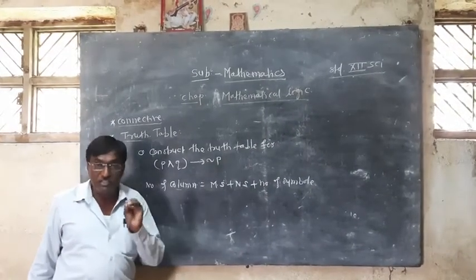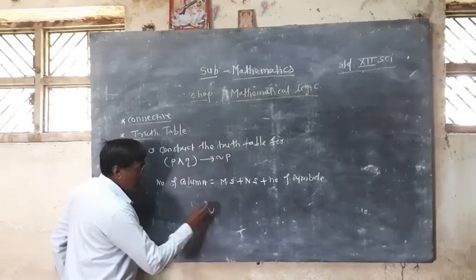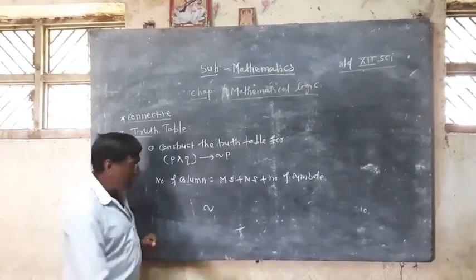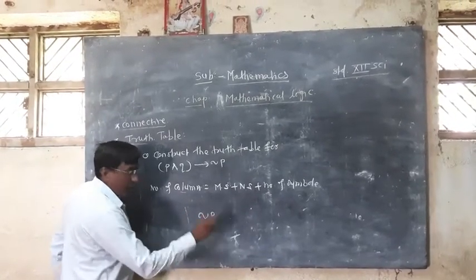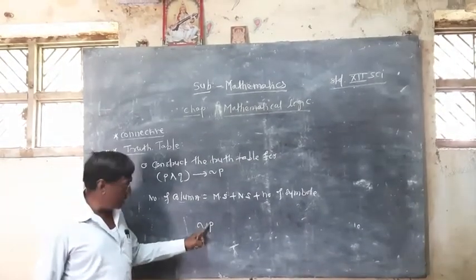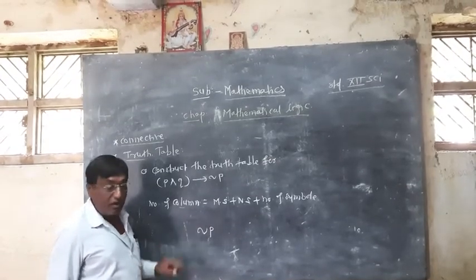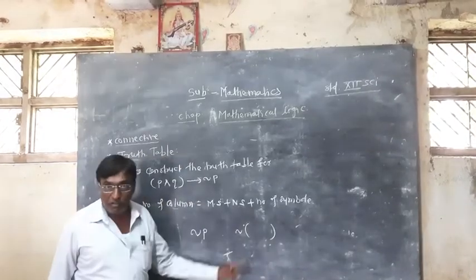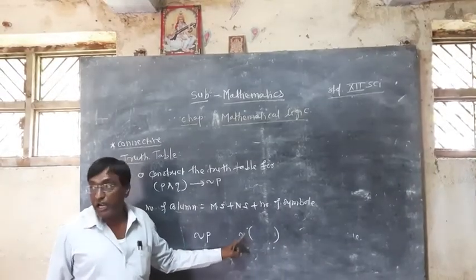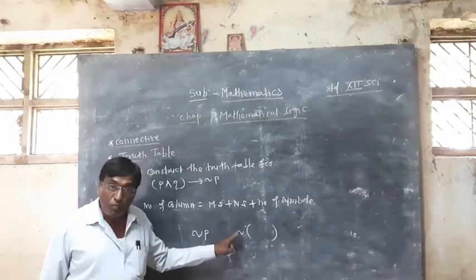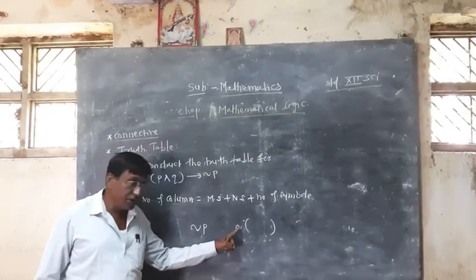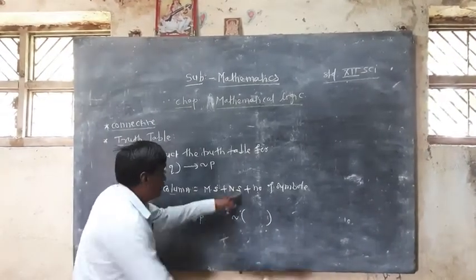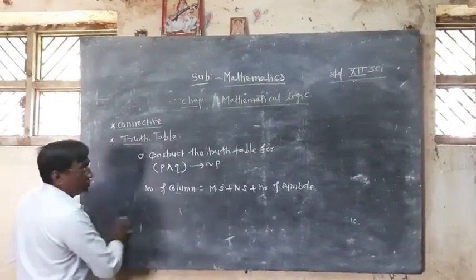But one thing is that whenever there is a negation symbol, two cases arise. If the negation is attached to any alphabet, that is P or Q, that is the statement pattern, then you consider it the negation statement. But if the negation is attached to the bracket, then you consider it a symbol. By using this rule, we decide the number of rows and number of columns.